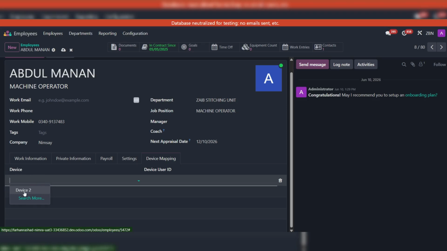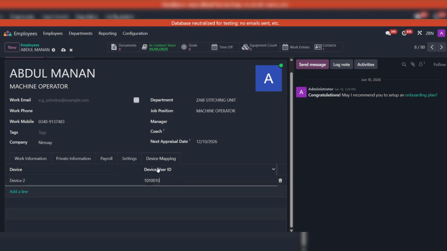If the employee is allowed to check in or check out on any device, Device 2 will be selected, and here we provide the user ID that must be the same as the one registered in the device for this employee. Whatever the employee ID is, we provide it here. The device ID and the mapping ID remain the same. I have already mapped some of the employees, so I will cancel this one. So after mapping,